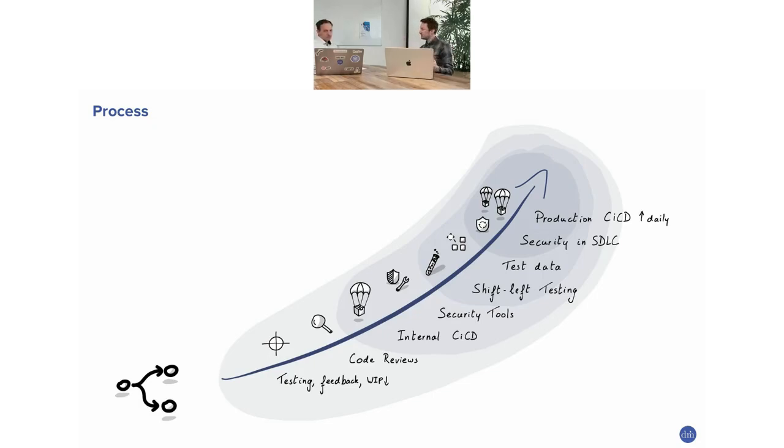And also test data. When you log into an environment, you want to test a bug fix, and you have to scrape some data from one environment and put it in another one. That does not help your flow. You quickly realize that when it's a hot situation where something is going on, you need to have reliable test data. And then the leading organizations, what we see there is security.